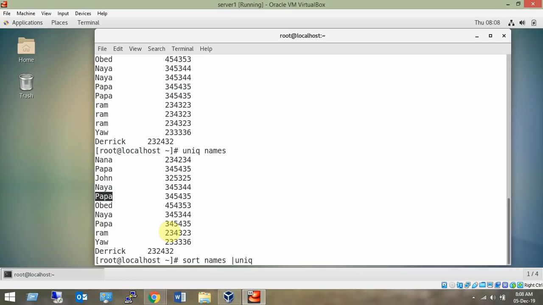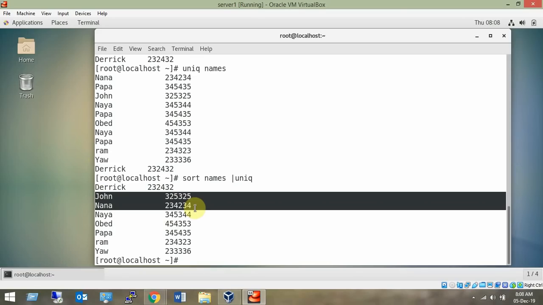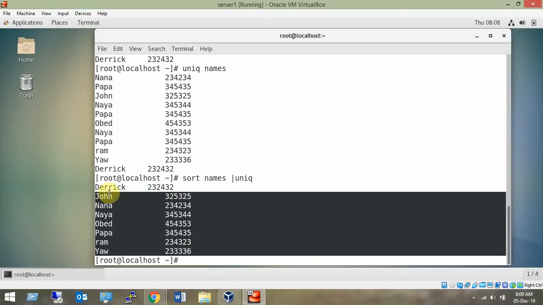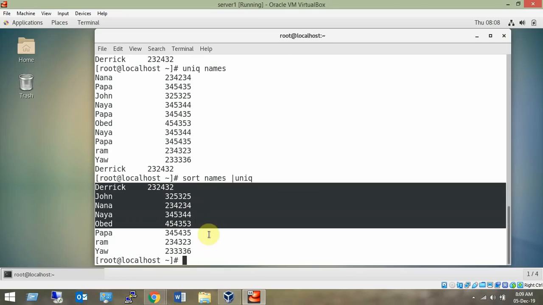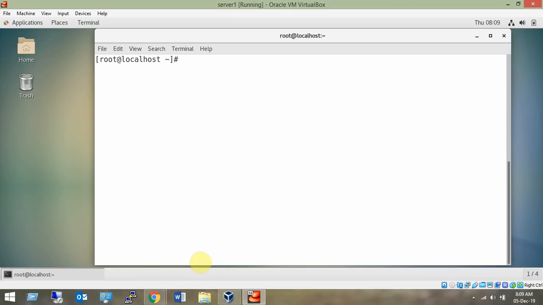This is the best way. In that case, it will first bring the names together, and then it will remove the duplicate names. Now you will get all duplicate names removed, whether they were together, adjacent, or at different locations, because at first it has sorted the file. So this is the purpose of the sort command. So the sort command will do the sorting, and the uniq command will remove the duplicates from that. So sort and uniq makes it a very interesting part.